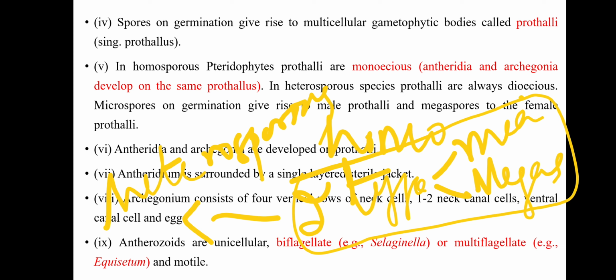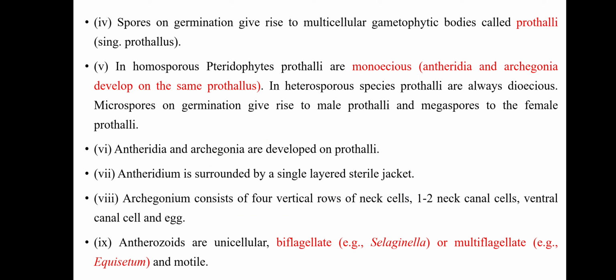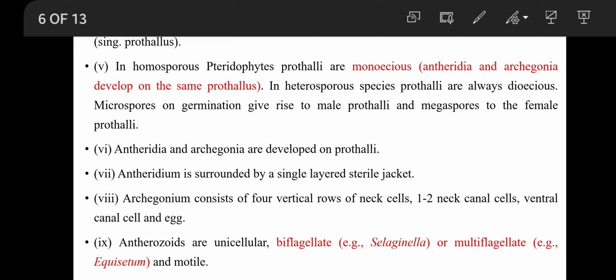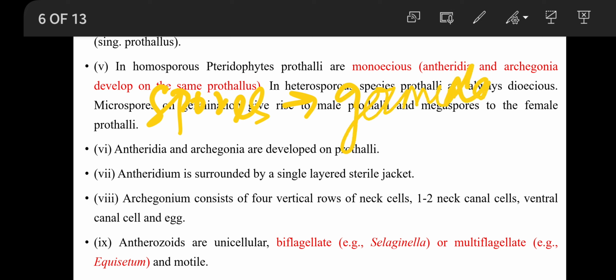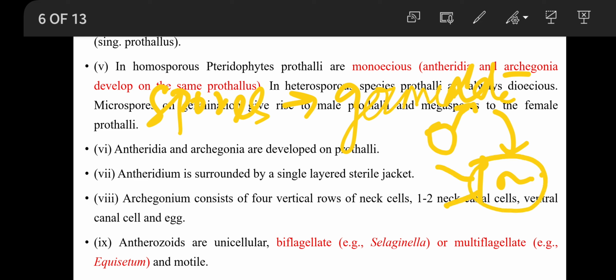So, the homosporous prothalli are monoecious. That means both antheridia and archegonia develop on the same prothalli. Homosporous plants produce only a single type of spore, the same type of spore. They do not produce two types of spore. When these germinate, they produce prothalli, and that prothallus bears both antheridia and archegonia